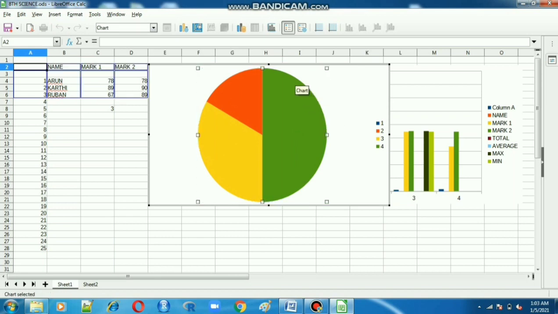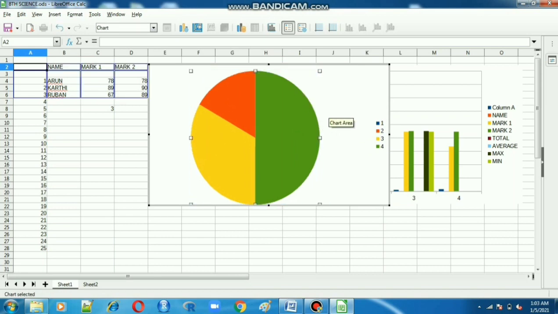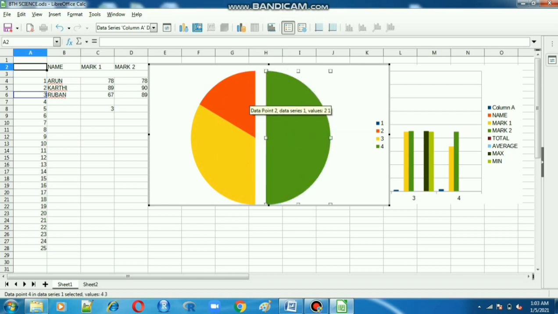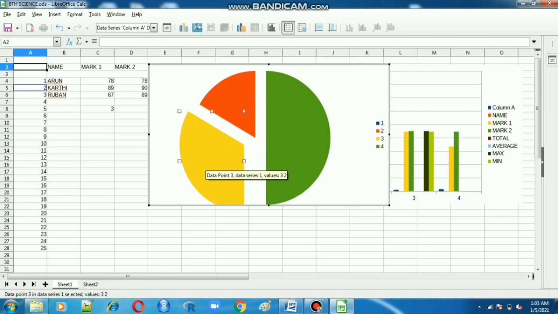Your chart is ready here. Wherever you want, you can fix it there. You are just understanding, we have to differentiate that. This is the way to create a chart in LibreOffice Calc.